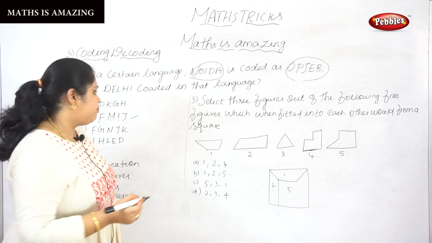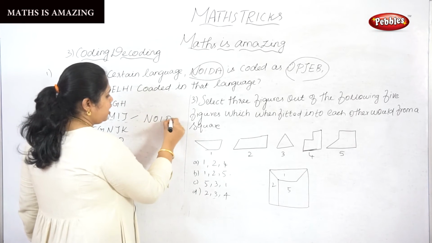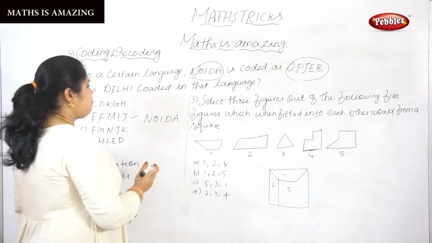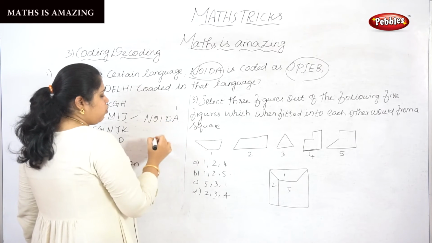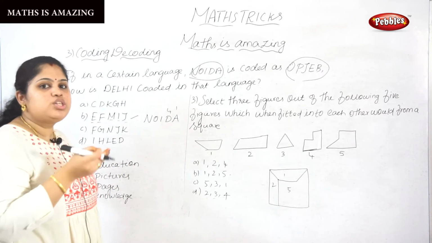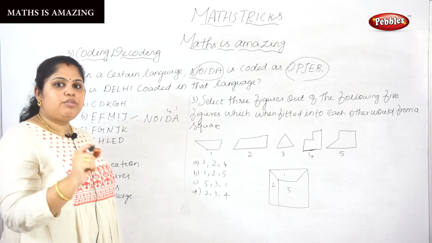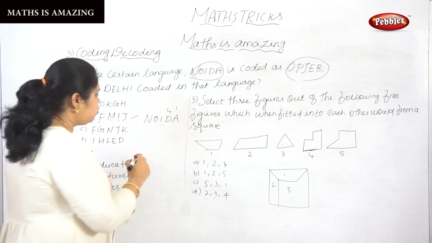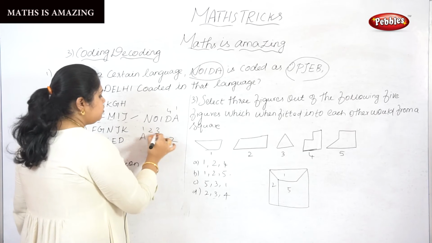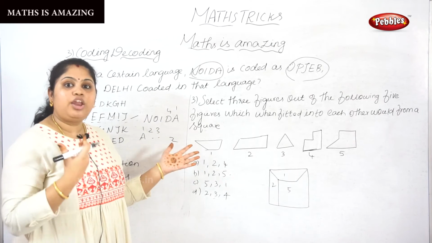Sometimes, for example, listen, the Noida may be coded in numbers. For example, they will contain A1, D4. Okay, so we want to check it that way. If they give the numbers, you want to put the number for each and every alphabet from A to Z: A1, B2, C3. You put the numbers to the alphabet, and also you can find it out. This is also another type of question.